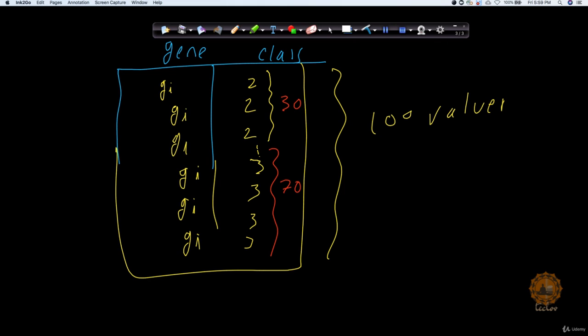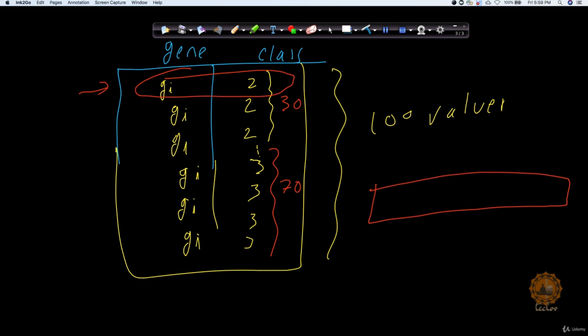So how can we work on it? In response encoding, instead of creating columns depending on the unique values, we will create 9 columns for every row. So this is one row, and for this row I will create 9 columns. So this is 1, 2, 3, 4, 5, and this is 9. Now, what are we going to do further?